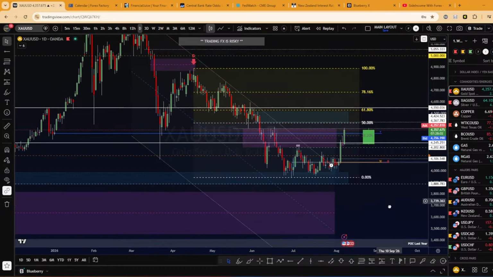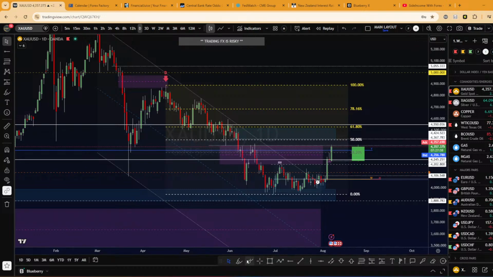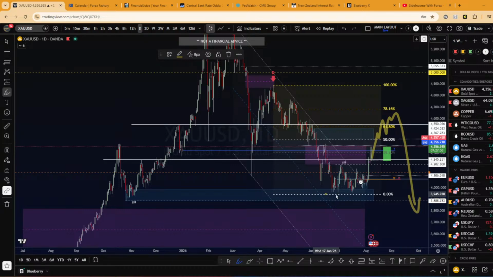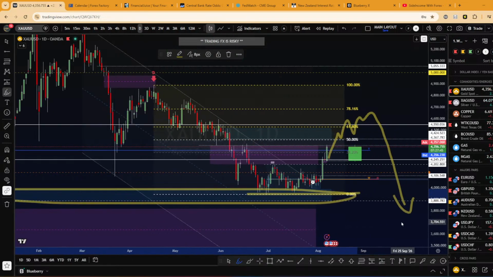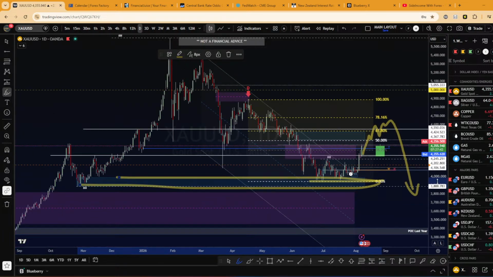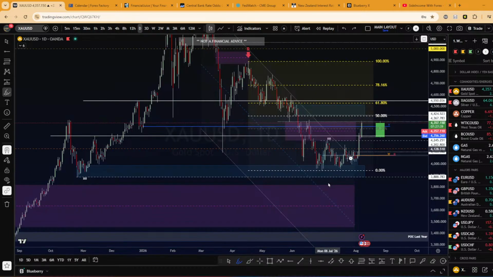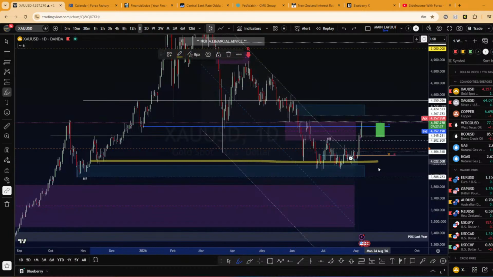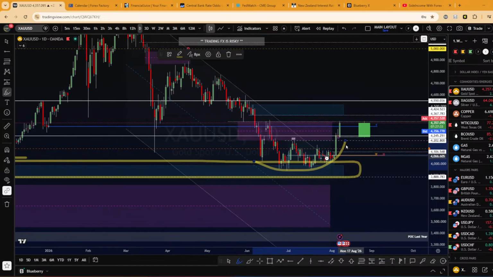I still think that on higher time frame, once we reach the premium price somewhere here, we could potentially see another drop again below this level. This is a potential trade I see in long term, but right now price is pretty much bouncing off of this level, you see. So pretty good.